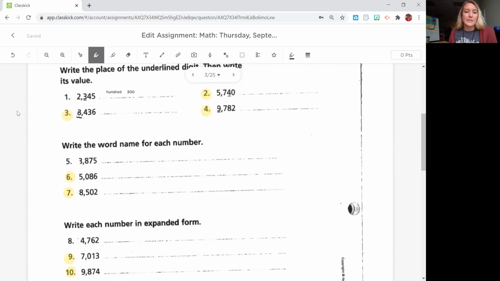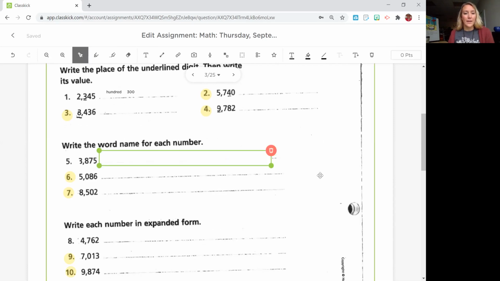For the second part, it says write the word name for each number. You may type or write these. Either one is fine. There are only 2 you have to complete. When you are writing it, make sure you stop at every word and write them down. This first number is